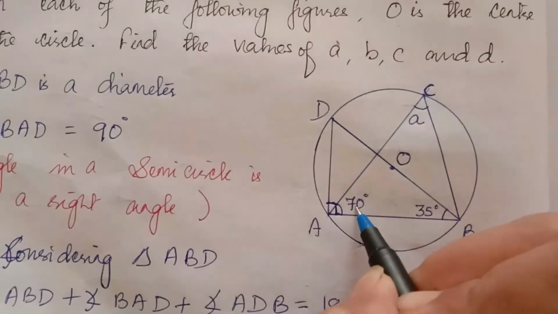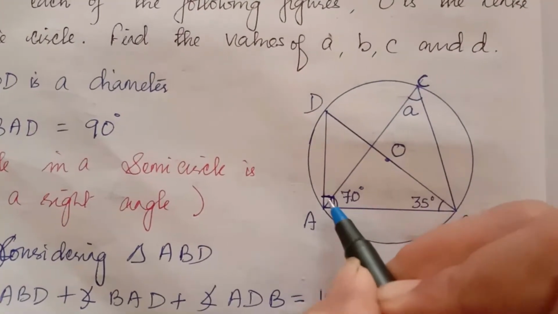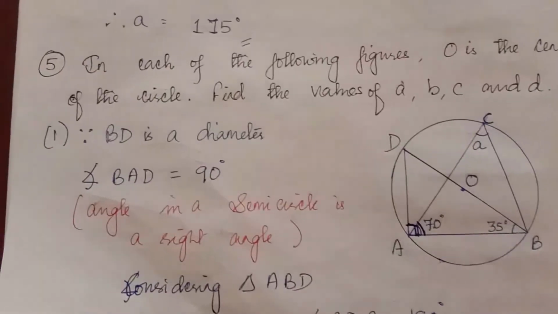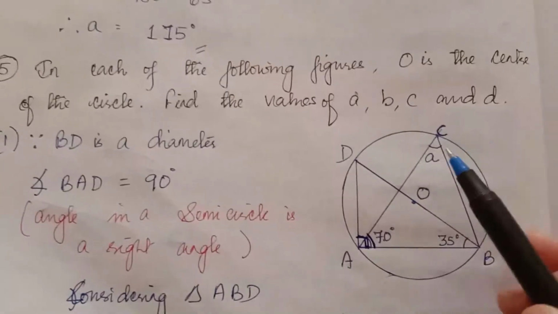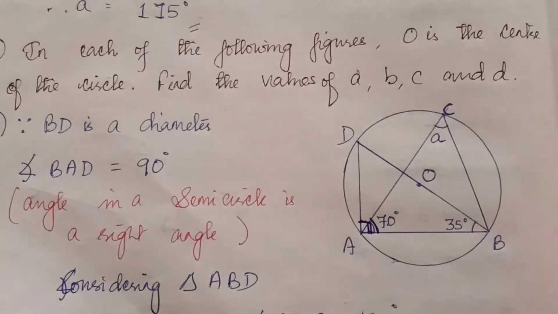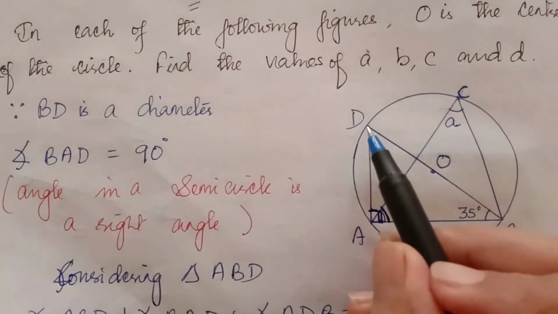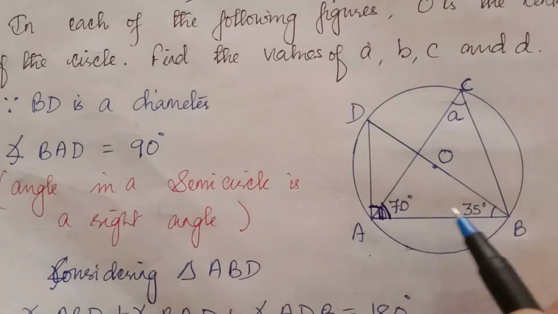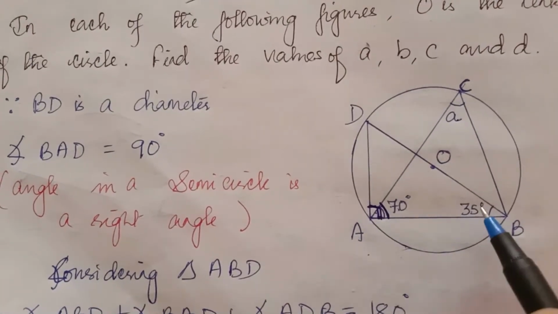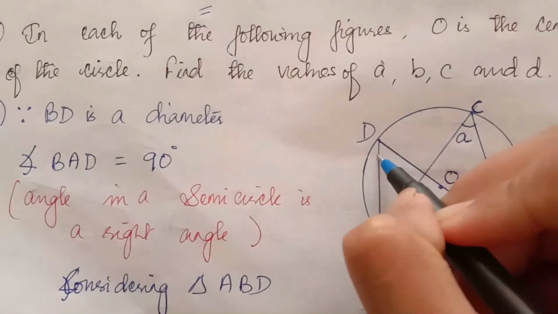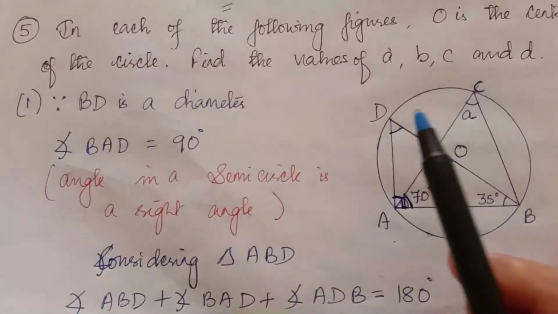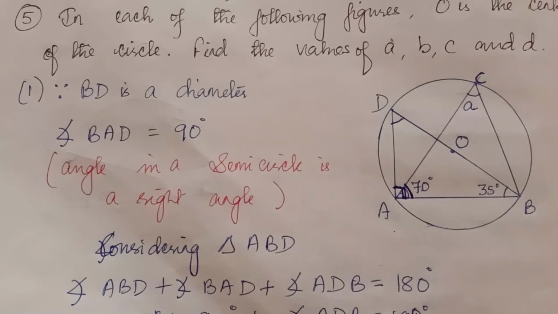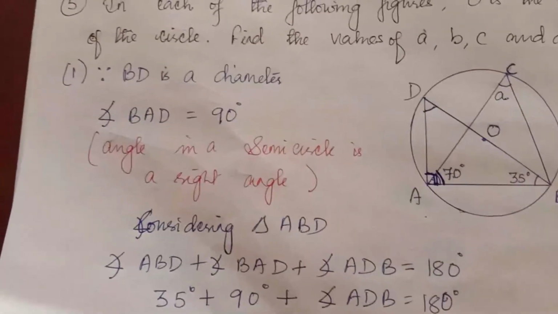Okay, this angle is 90. That means here it is 70 degree. So this is 90 degree total. This side is only 70. Now what do we have to find here? The value of A, the value of angle A. So if we consider this triangle DAB, these two angles are known, 90 degree and 35 degree. We can easily find this angle. So let's find this angle D, then we will see which property to use to find the value of A.